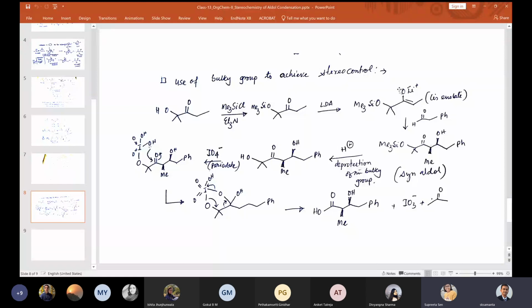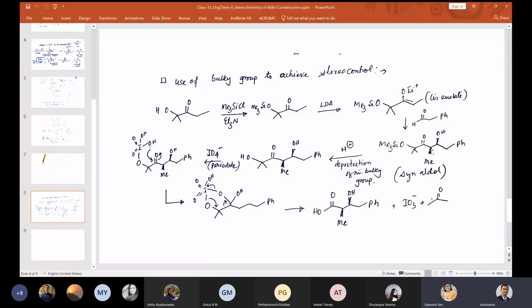Now this enolate you are reacting with this aldehyde. Because this is a syn enolate, you would get the syn aldol as a major product. Whether this will be both up or both down, you will find out if you do the transition state, the Zimmermann-Traxler model. I have written it here by seeing the example. So this will also happen because this is a syn enolate, and your syn aldol will be your major product.